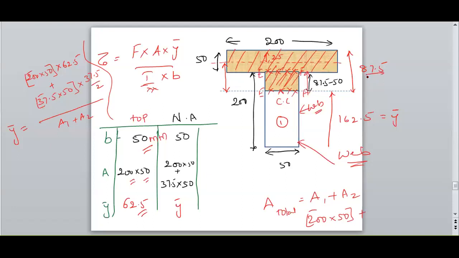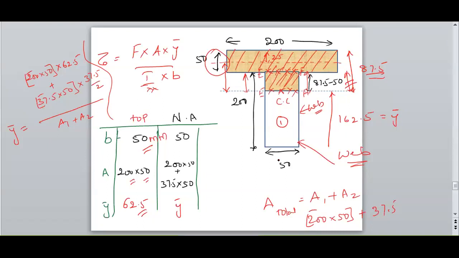I know this value as 87.5, and the flange depth is 50. Therefore, the remaining value is 87.5 minus 50, that means 37.5 is the depth of the web remaining here,